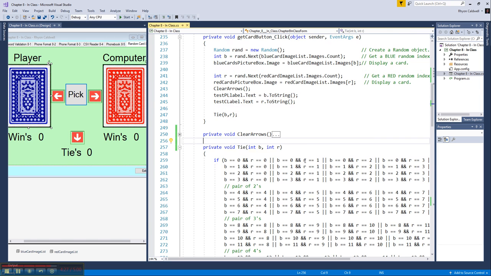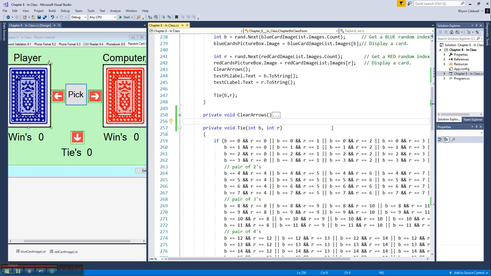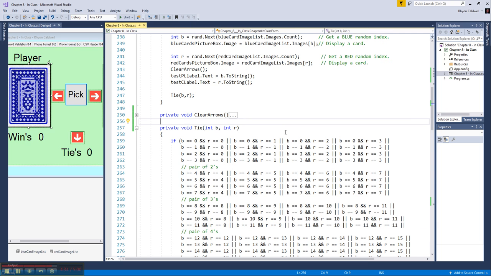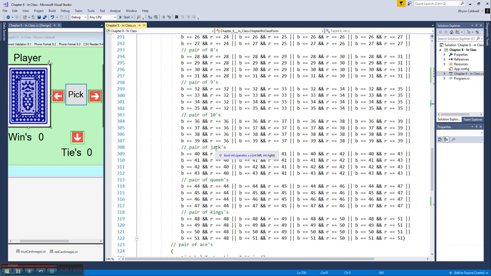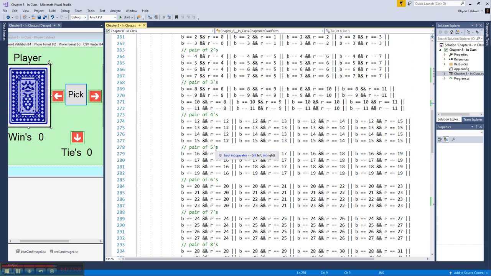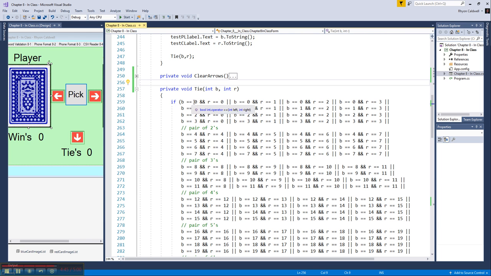The way I wrote this was extremely poorly written, and it's your challenge to look at this logic and rethink it to see how you could rewrite it in a more user-friendly way. When you look at this, I actually had to go through and say, well, if card 0 is exactly equal to card 0, or card 1 is equal to exactly our 1, if